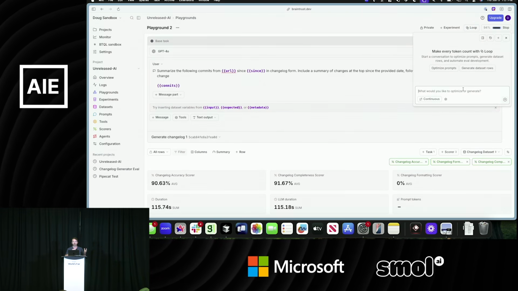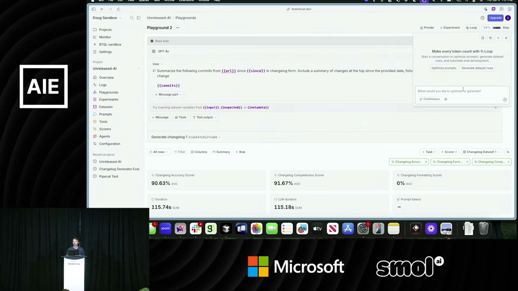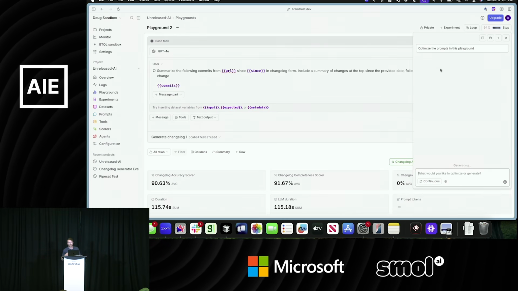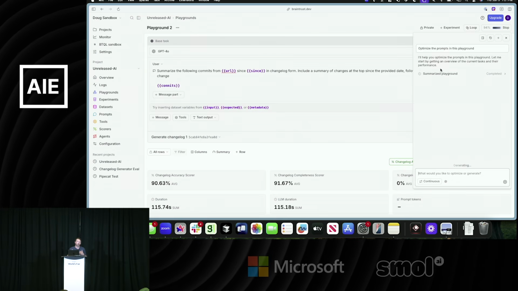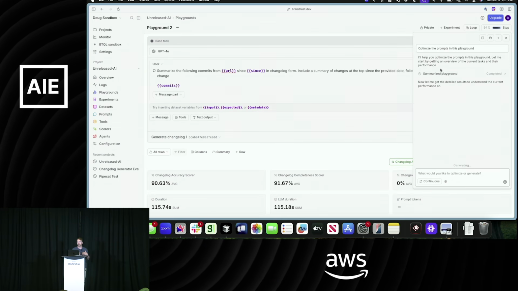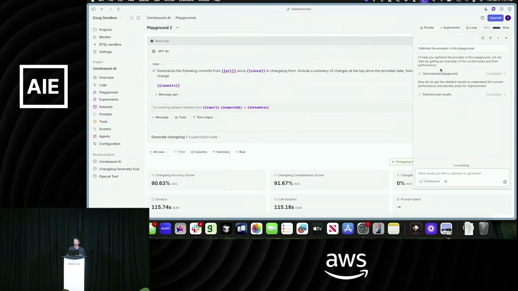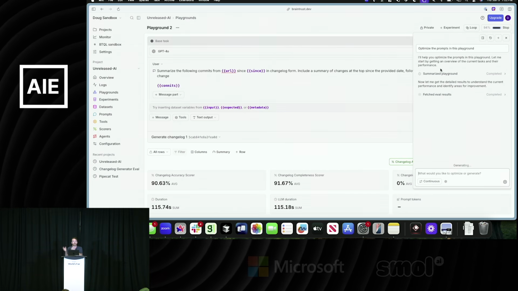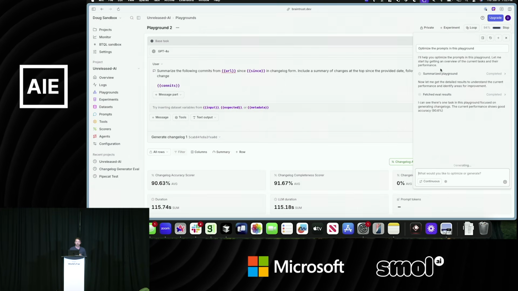So in a cursor-like interface, we can ask it to optimize a prompt. And I think the really unique thing here is it has access to those evaluation results. So when it changes the prompt, it runs the evaluation, and it understands if it got better relative to the scores that we defined.